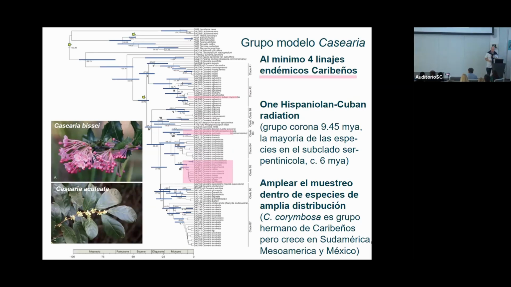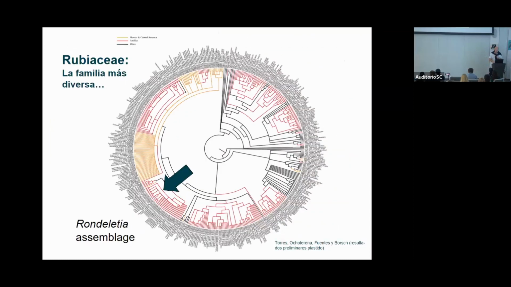And this was the first study really to look into taxa that are more widespread, also in Colombia, in South America, in order to test species relationships and species limits, which usually have only been looked at in islands or South America or Central America, and I think this is important to bridge. This is another tree. I'm not going into details. Rubiaceae. I would have thought orchids are the most species-rich group. It's not. It's Rubiaceae, the coffee family.